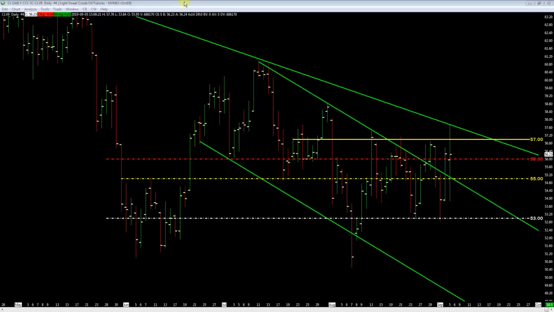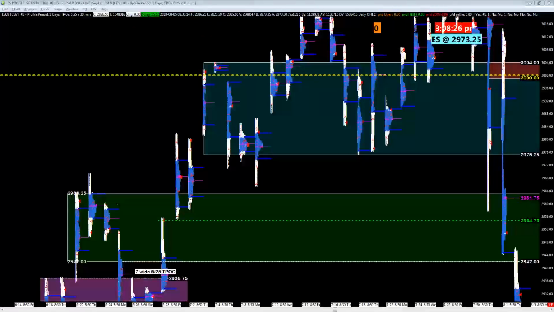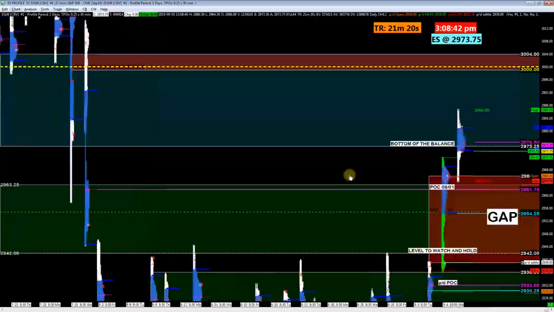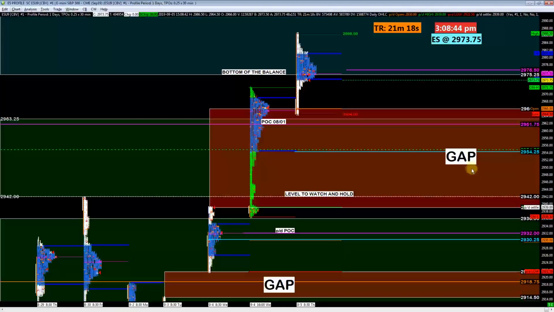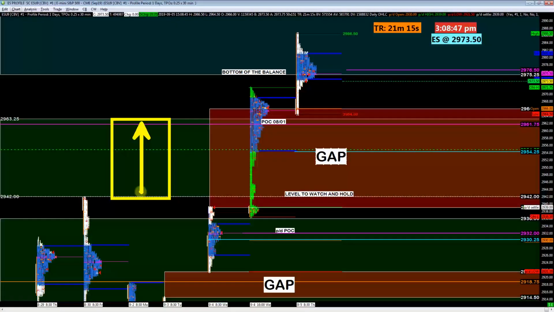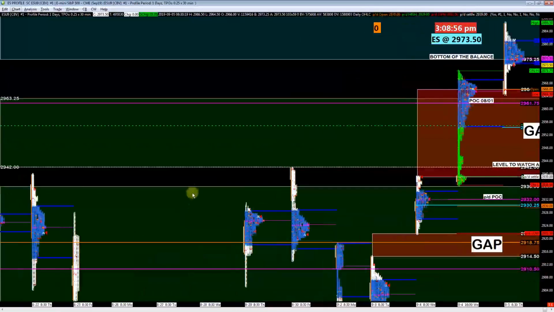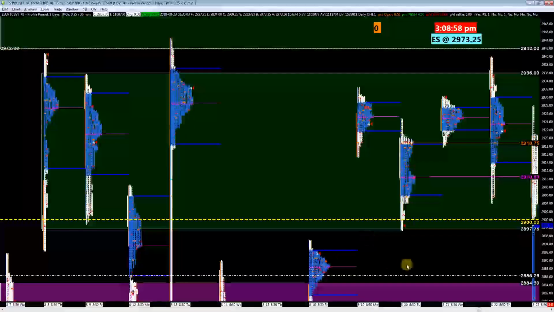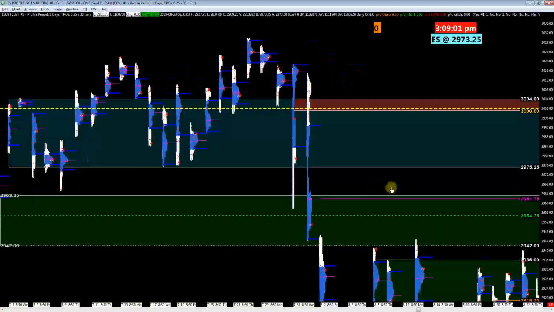Let's go back to the ES. Let me get rid of the oil trading for now. ES, yesterday's video showed you guys the balance area that we are going to be working on if we are to spend sometime above the 75, right? Today, the big move from overnight, you can see it. We just blew through that area of 29.42 and 29.63. The balanced area that I have on my charts is the one from July, right? Let me show you.